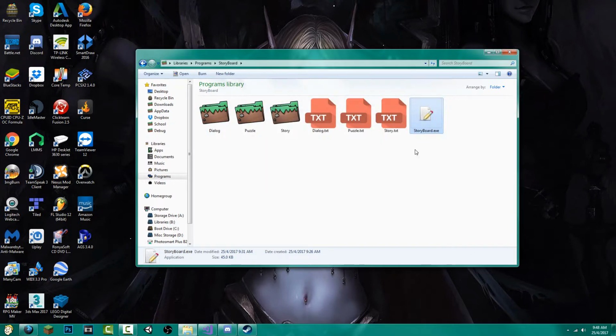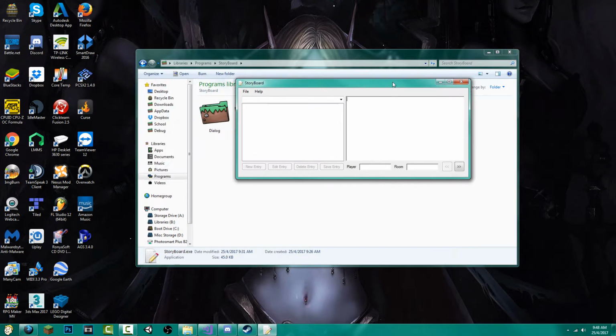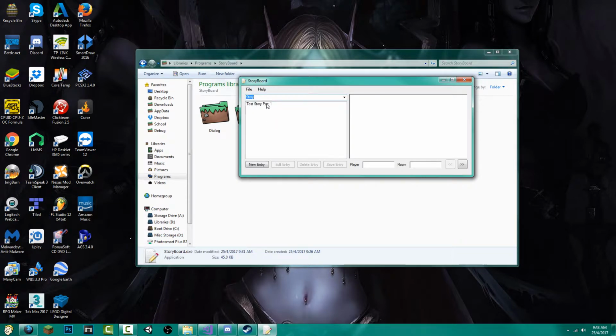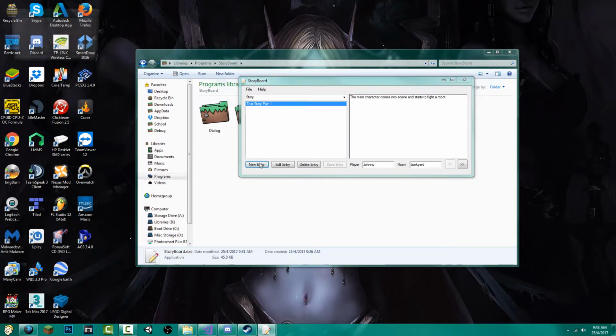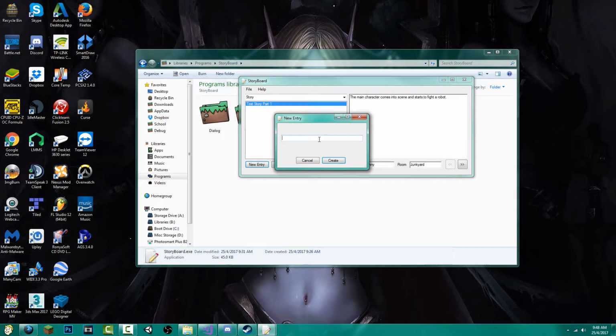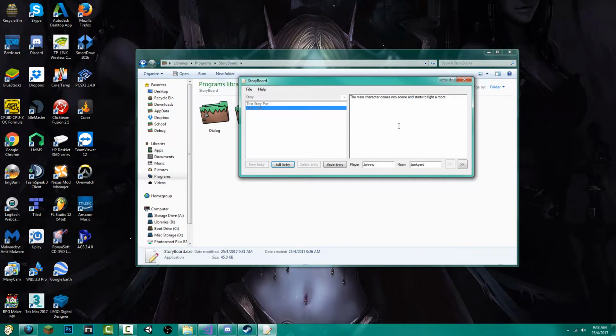So if I close this and then I load it back up, if I go here and select story, as you can see, that story part 1 loads what I have. So that's pretty nice. And so I'm just gonna create a new entry real quick. We'll say save test or Dave test. That's fine too. And so we'll put us into edit mode, and I might release an update patch, because obviously